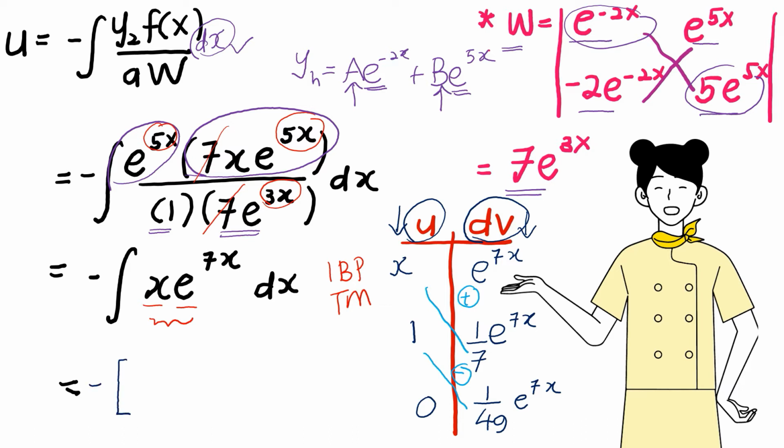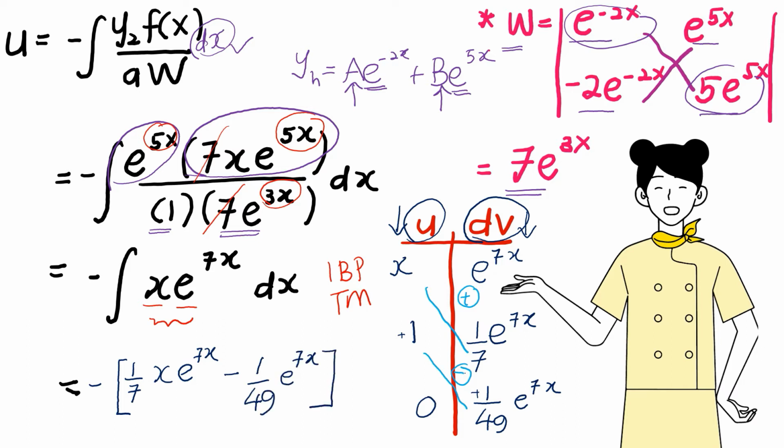Then we multiply: x times 1 over 7 e^7x is 1 over 7 x e^7x, and then negative, positive, and this one is positive, so we have a negative sign, so 1 over 49